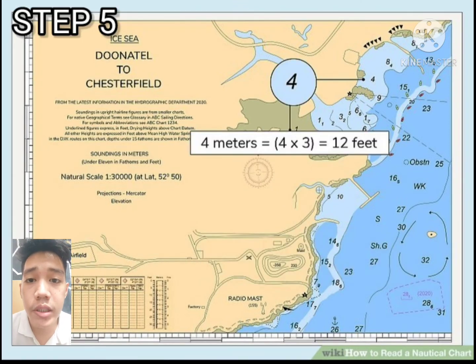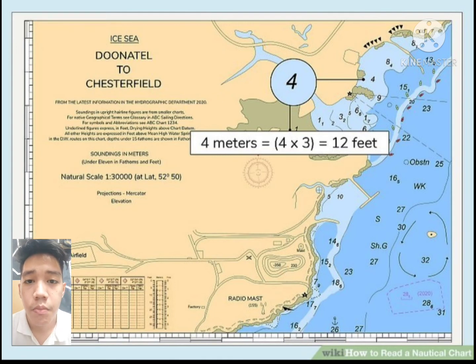Step 5. Multiply meter measurements by 3 to convert them to feet. For uniformity and simplicity, many modern charts use meters. This can be tough to understand if you are used to measurements in feet or fathoms. Multiplying by 3 is a quick way to get a relatively accurate estimate of the water depth. For example,